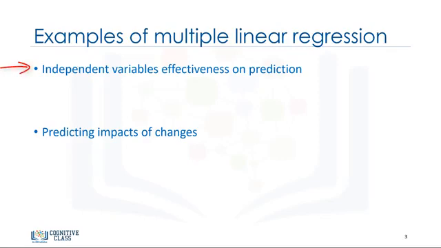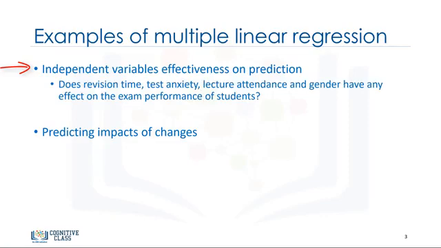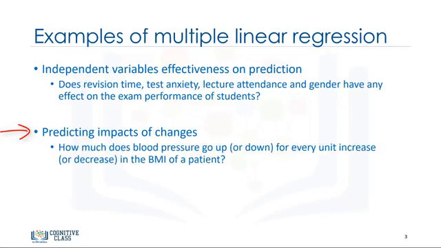First, it can be used when we would like to identify the strength of the effect that the independent variables have on a dependent variable. For example, does revision time, test anxiety, lecture attendance, and gender have any effect on exam performance of students? Second, it can be used to predict the impact of changes. That is, to understand how the dependent variable changes when we change the independent variables. For example, if we were reviewing a person's health data, a multiple linear regression can tell you how much that person's blood pressure goes up or down for every unit increase or decrease in a patient's body mass index, holding